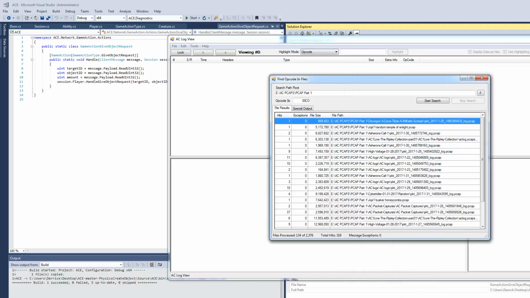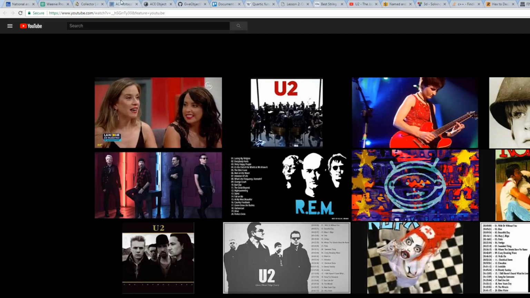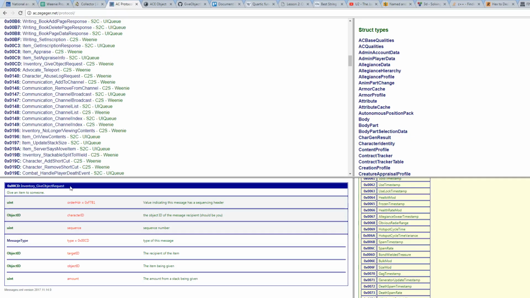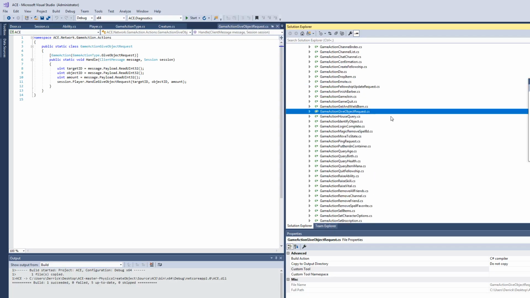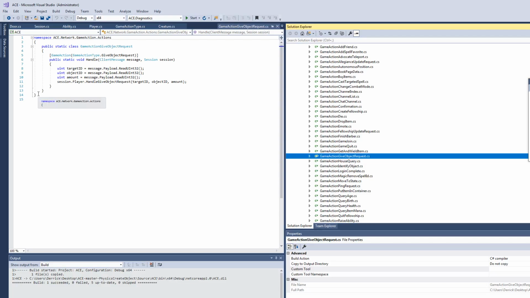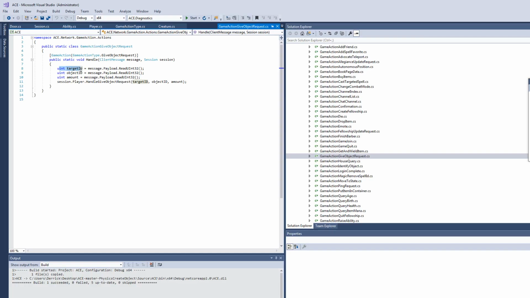So, like I was saying when I left off, I know these things are being sent from the client: the target ID, the object ID, and then the amount. And so I'm going to go into ACE, and what I'm going to do is make sure that I'm reading that. Okay, so I'm reading that the target ID being sent is, I'm going to save it to